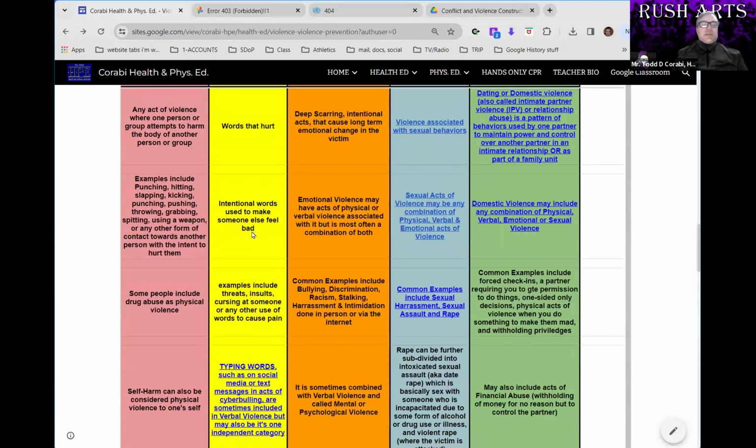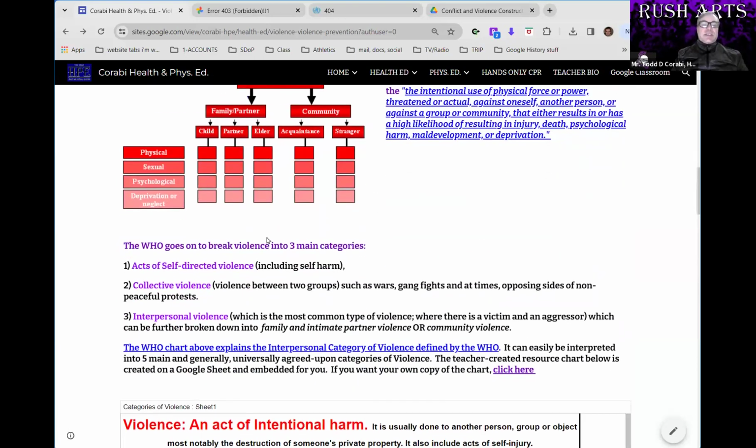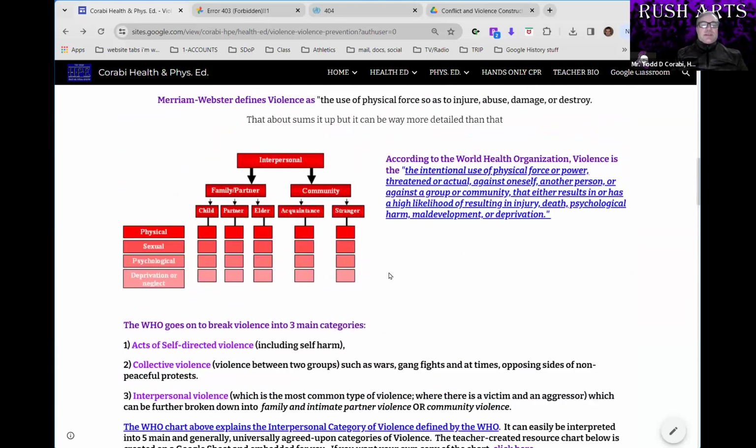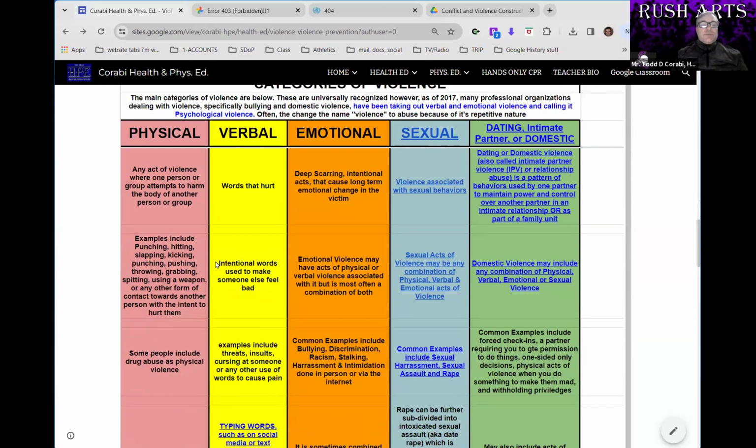But I have to make sure you understand something. To be violent, there's a key word in all of the definitions, and it's intentional. Whether it's bullying, the World Health Organization, or the middle school definition, Merriam-Webster doesn't use it, but it's assumed. Violence is intentional. So if somebody says something that you don't like, it's not violence towards you. If somebody gets triggered nowadays and gets upset or emotionally insulted, for lack of a better term, that isn't necessarily violent.